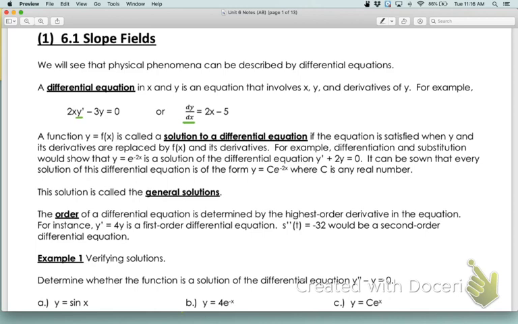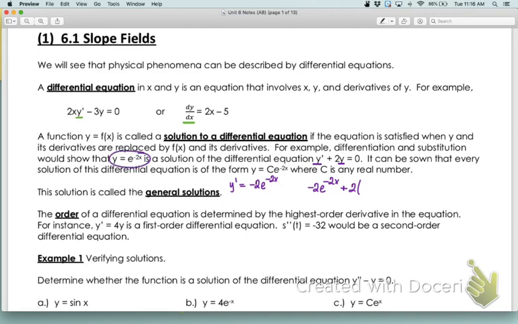Using our derivative rules, y prime in this case would be negative 2 e to the negative 2x, using the chain rule. So when we plug in, we plug that in for y prime: negative 2 e to the negative 2x plus 2 times the original y, which was